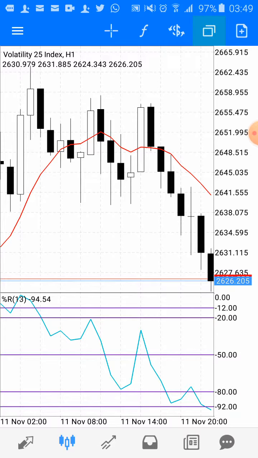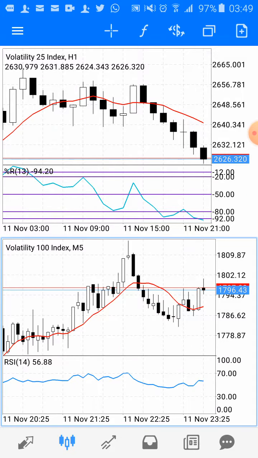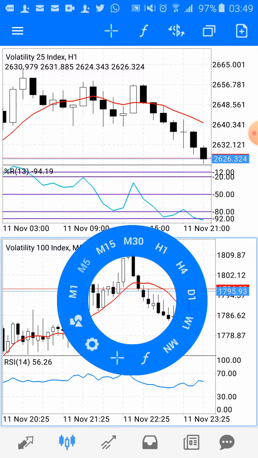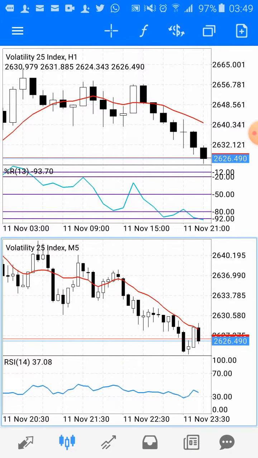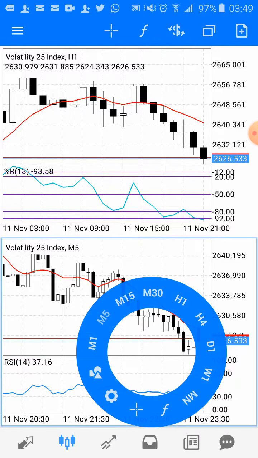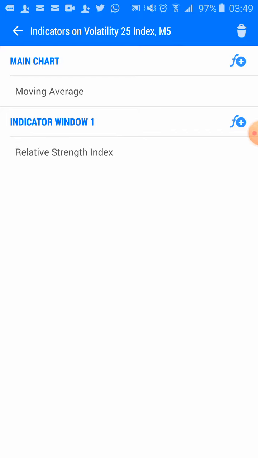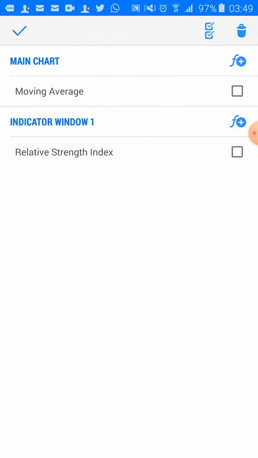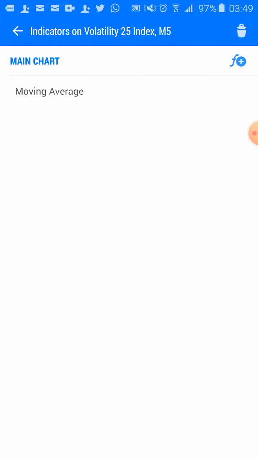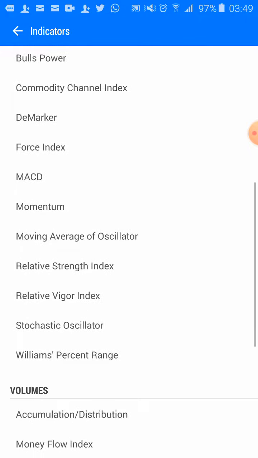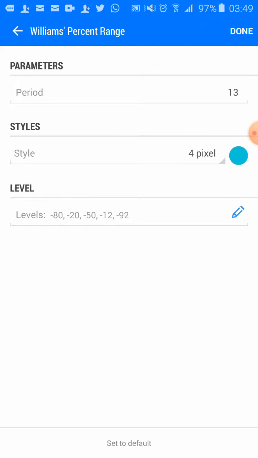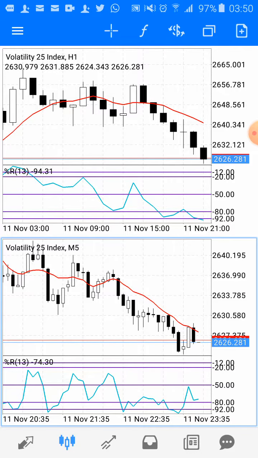Now let me go back to my what's it called? Trade and see if I have a perfect signal to enter. I want to change this indicator. I don't need the relative strength index, so I'm going to add my William percentage ratio. There is no changing the settings to it, just only these levels that need to be set. You can see it's almost at 80. So the next candle that will form after this one, I'm going in for a trade.